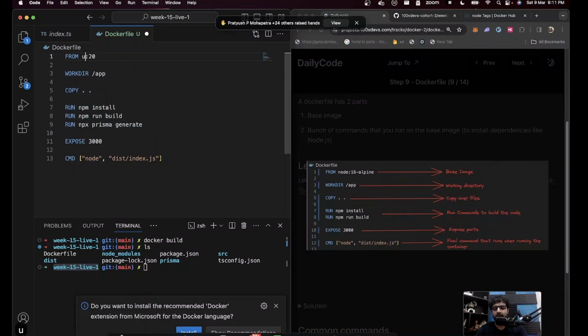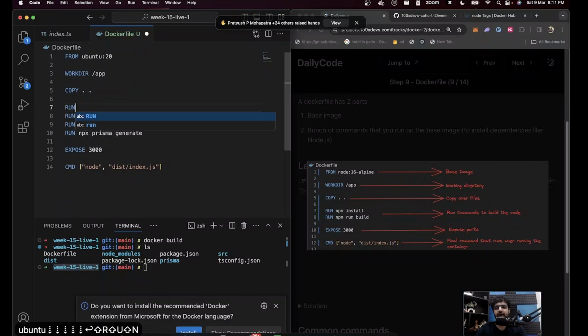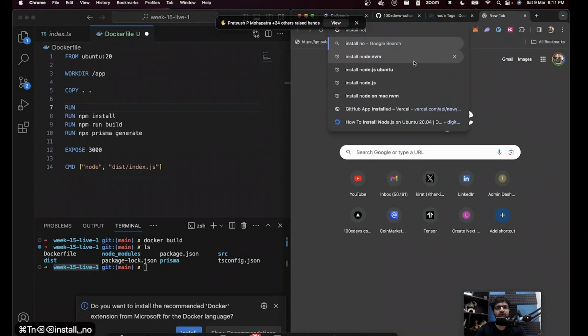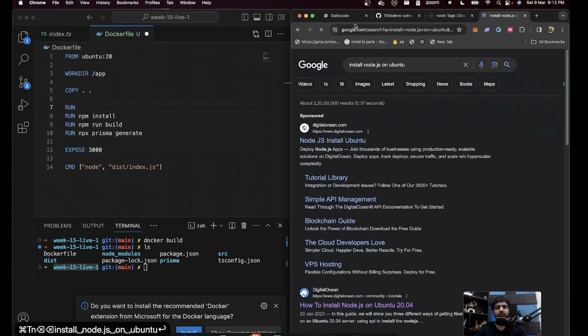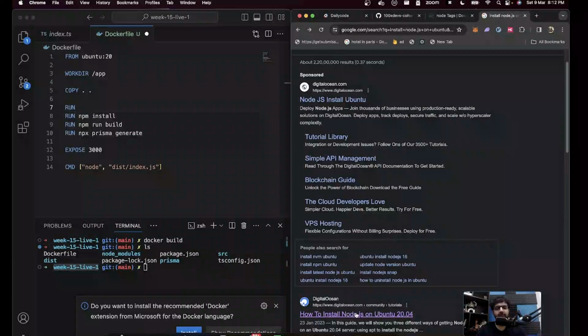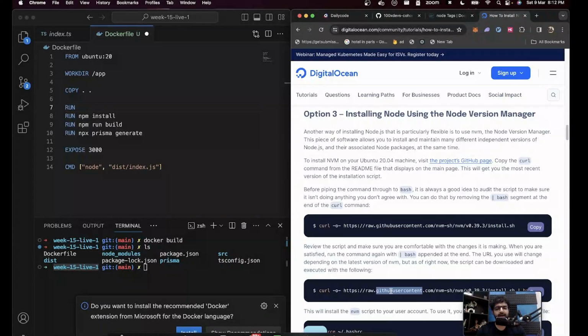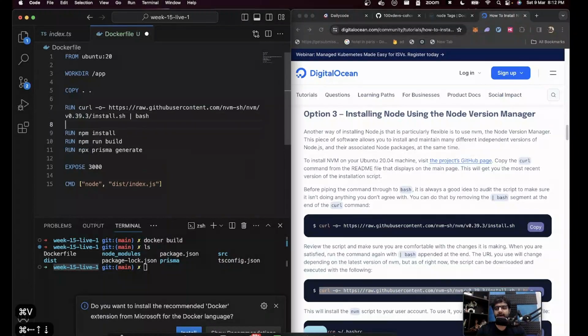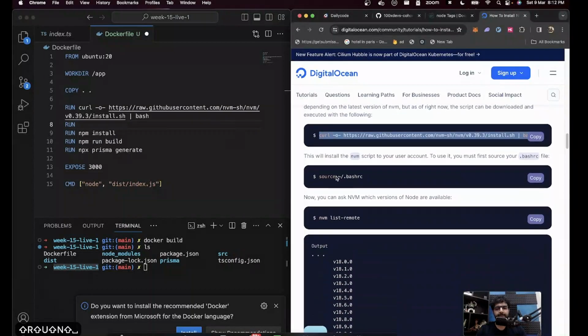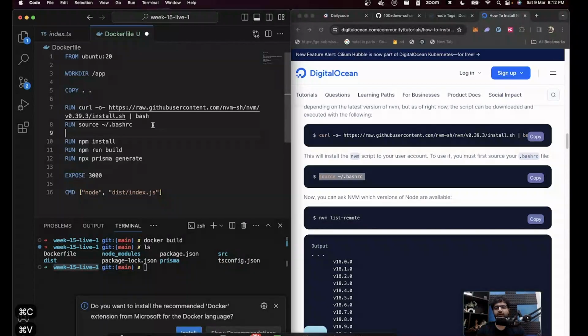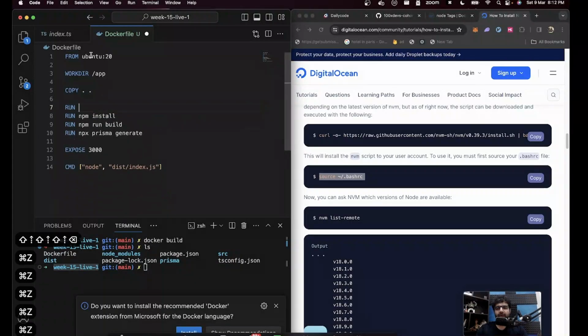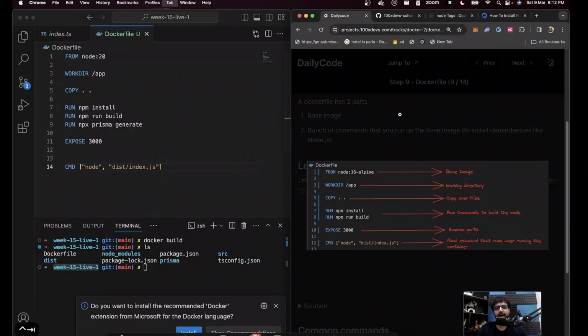If we were using Ubuntu over here, then here you would run whatever is the way to install Node.js on Ubuntu. So if you don't want to use the Node.js base image, then whatever are the commands that this blog post gives you, for example, run this curl command and then run source bash thing, and so on and so forth. So you can run multiple things that bootstrap your environment. We're not going to, we'll just go with the base node image. But the cmd means what will actually start when the container starts.